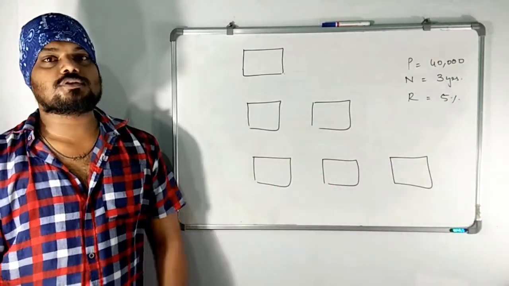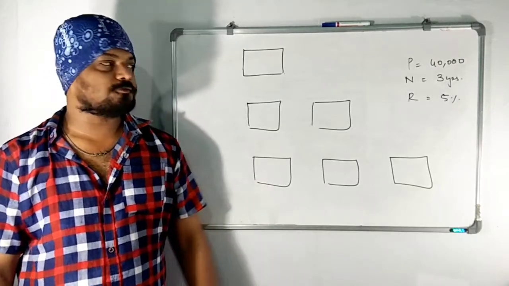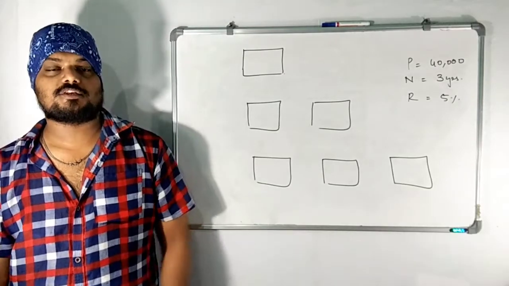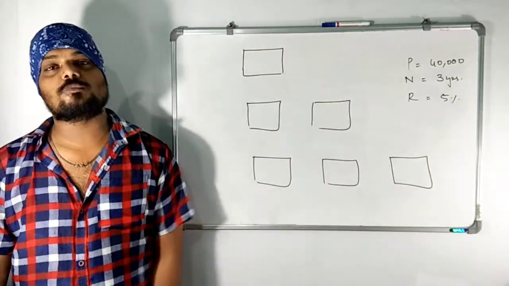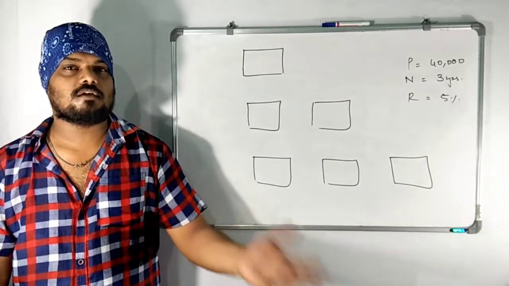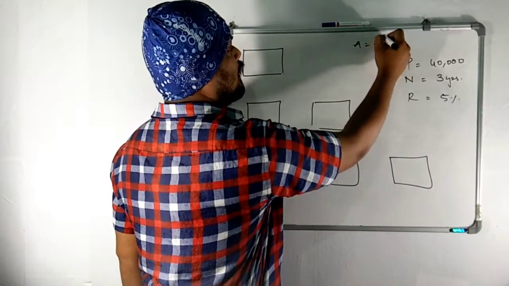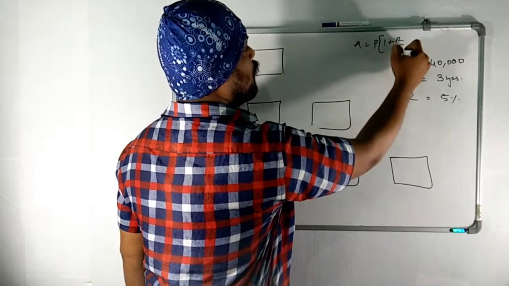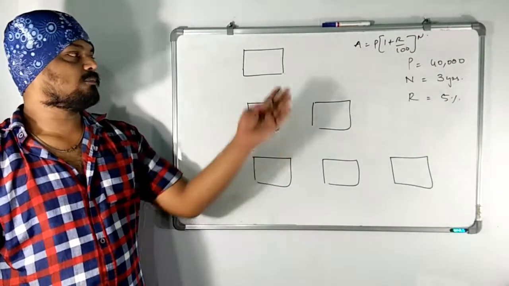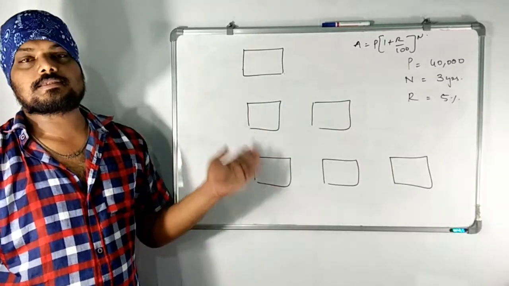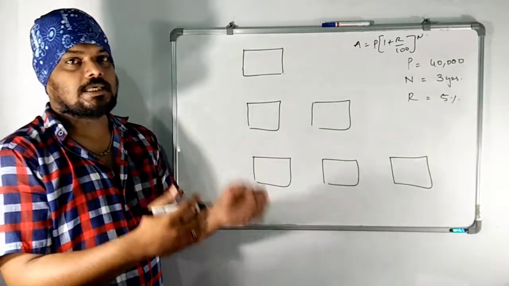Actually, you can solve this question in the ratio method also. It will be very useful if you try the ratio method. You can try the ratio method, but you can solve it with the school basic concepts also. That means we have a formula for compound interest, which is A equals P into (1 plus R upon 100) whole power N. So you can solve it that way also, but I prefer this type of method for easy calculation.